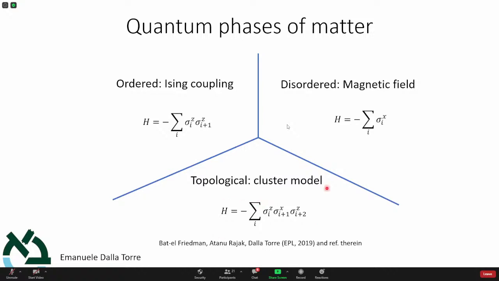And this is an example of a topological Hamiltonian. Here I put my own reference, not because we invented this Hamiltonian, just because I like my paper, but there are many references. This Hamiltonian is a sort of generalization of the Ising model, and it was found separately by many different authors. So I really refer you to the references in this paper where we try to give a broad review. It was quite natural to think about this Hamiltonian. It's called the cluster Hamiltonian.